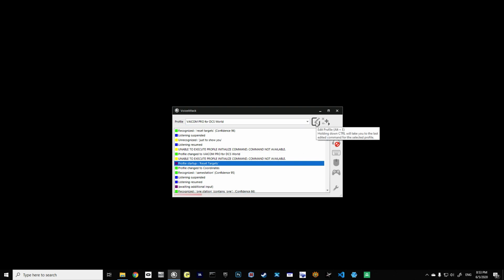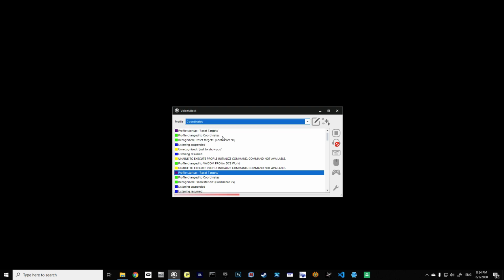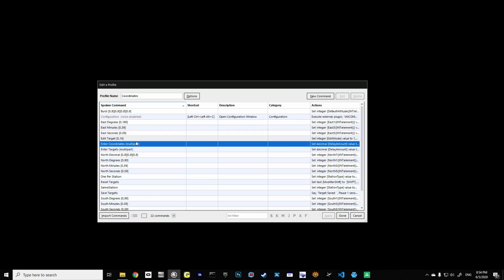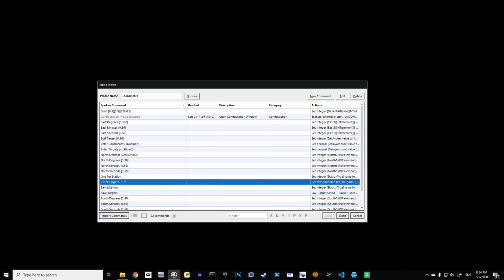Actually, what I'll do is I'll show you how to edit the command. Let's go back to the coordinates. Number of targets reset to 0. Default altitude set to 10 feet. So now if I go into the commands, for example, one of them is reset targets. So if I open that up,